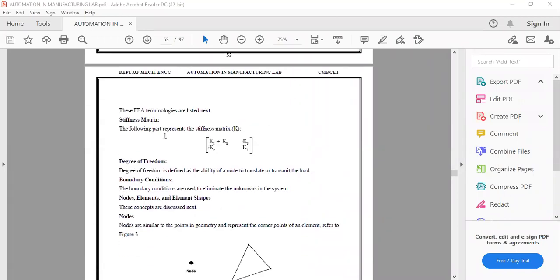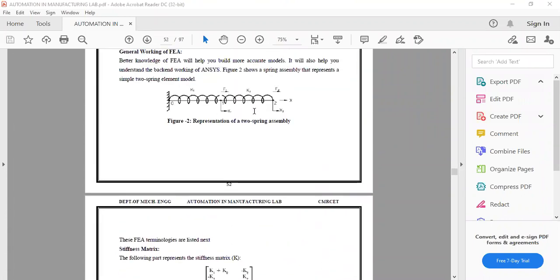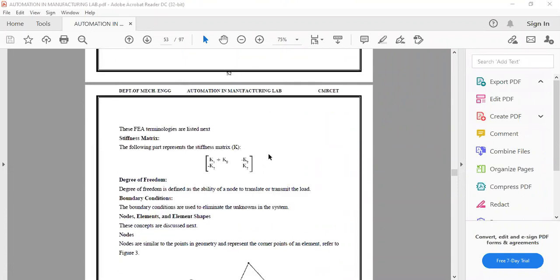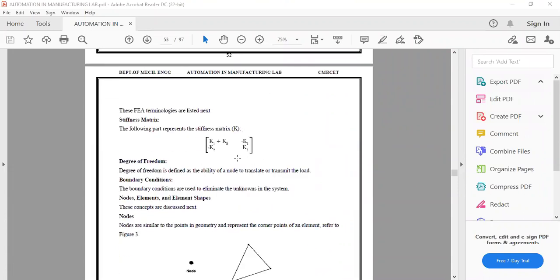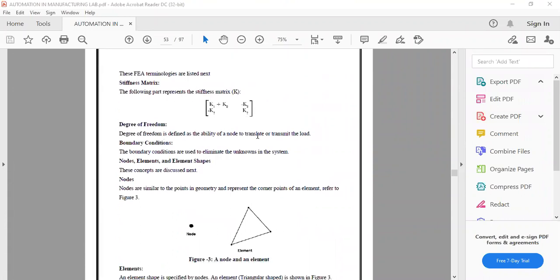I was talking about this global stiffness matrix. You assemble the stiffness matrices of individual elements into a global stiffness matrix. Here it will look like this. This gives us the behavior of the system. Degree of freedom, as defined for FEA, is the ability of a node to translate or transmit the load. So either you allow that translation or rotation.